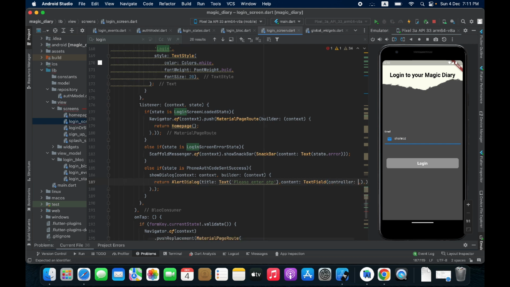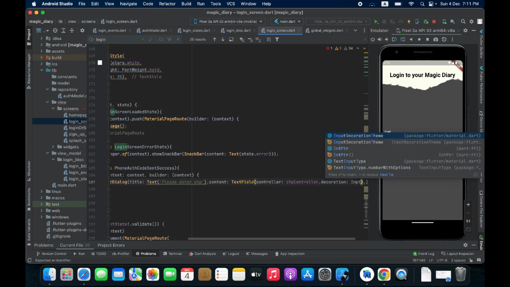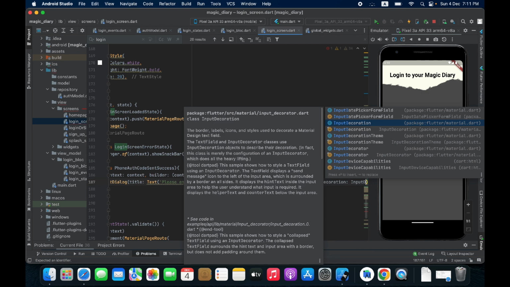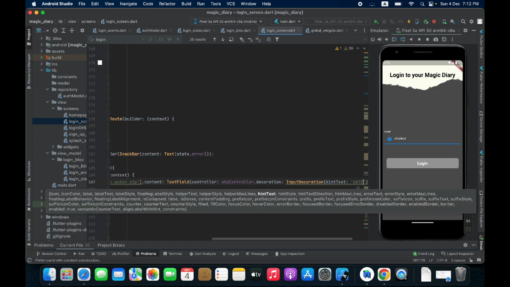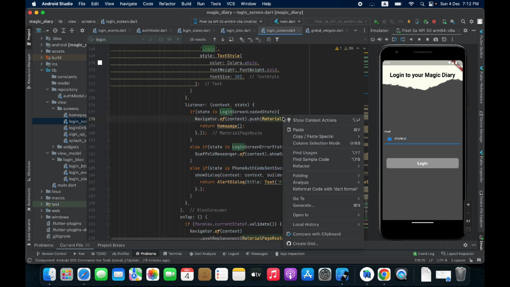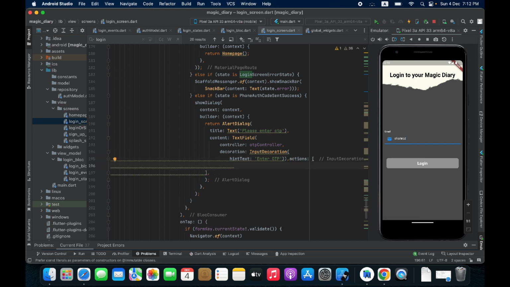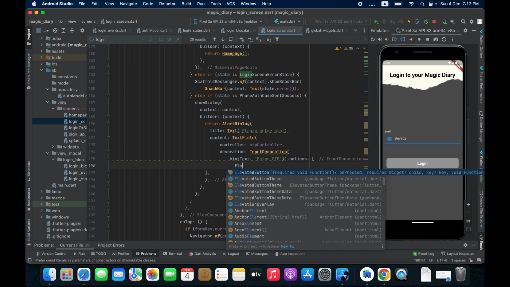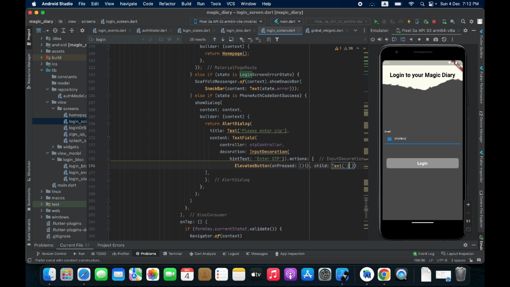And now in the controller property, I will pass this controller, and in decoration, I will take input decoration, and I will write the hint text, enter OTP. Let me format the code for you. And in actions, we will show an elevated button, and child will be text. I will write submit on here, and in this on pressed method we will send verify send OTP event, just